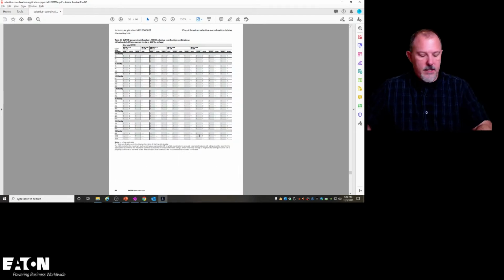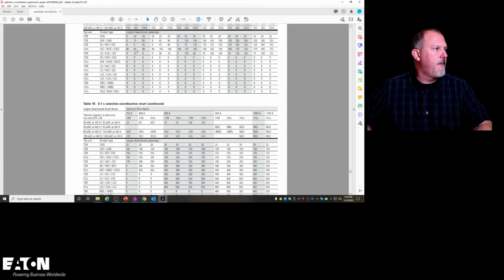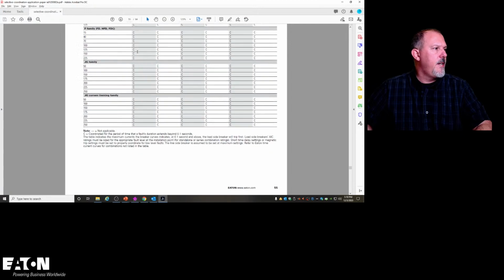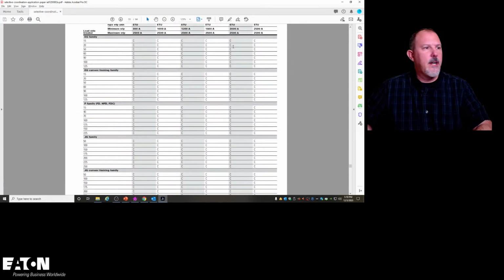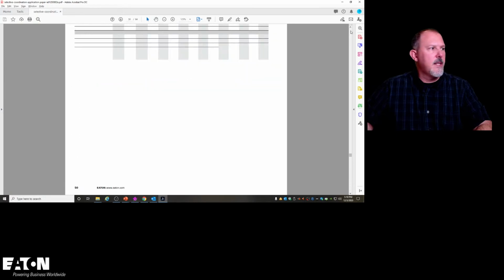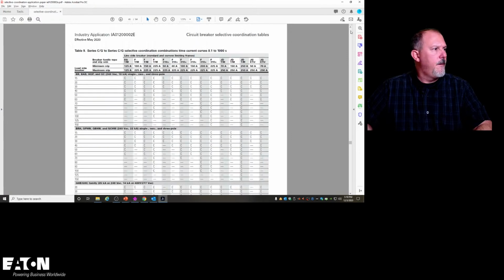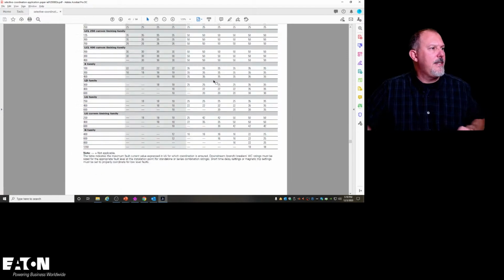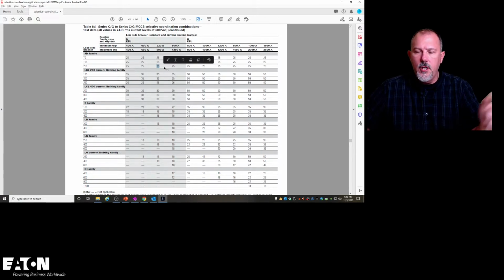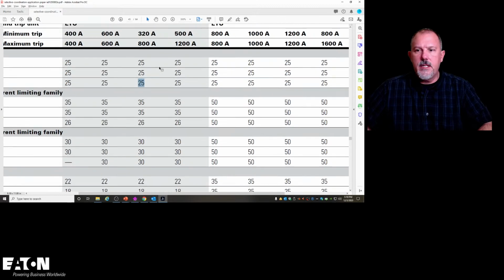And here it is. It's actually table 11. Or actually, no. Here we go. Table 9. Table 9 is where it starts. Let me get to the front here, and all right, table 8D. You'll notice in the selective coordination tables, I'm going to make this bigger for you,